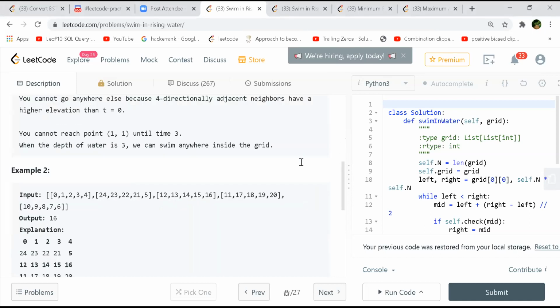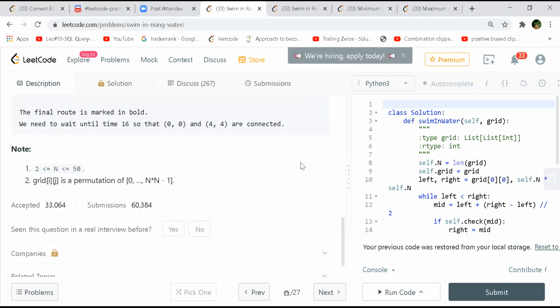So whenever your water rises to a level equivalent to n raised to n minus 1, or whatever the value is at that cell, if you are able to rise to that level, you will find a path to meet that given cell. So there should be some way to find a path.